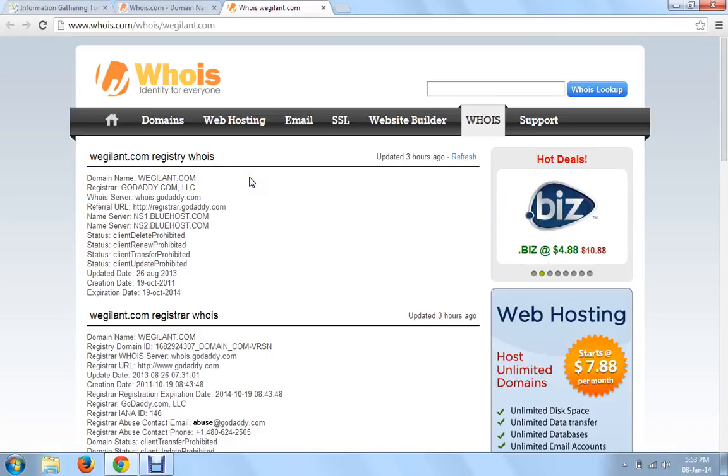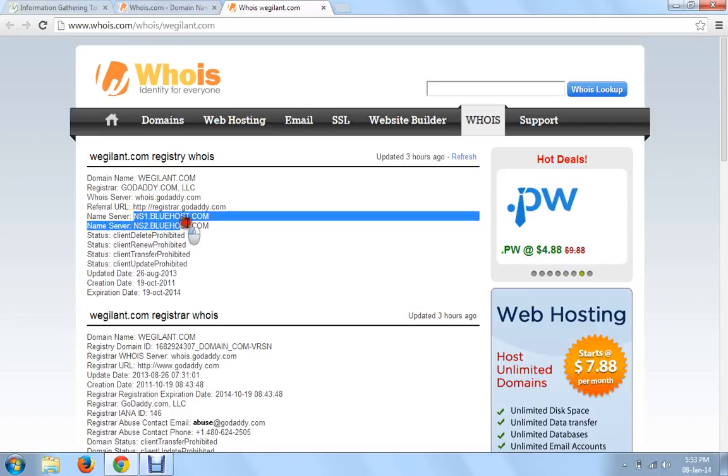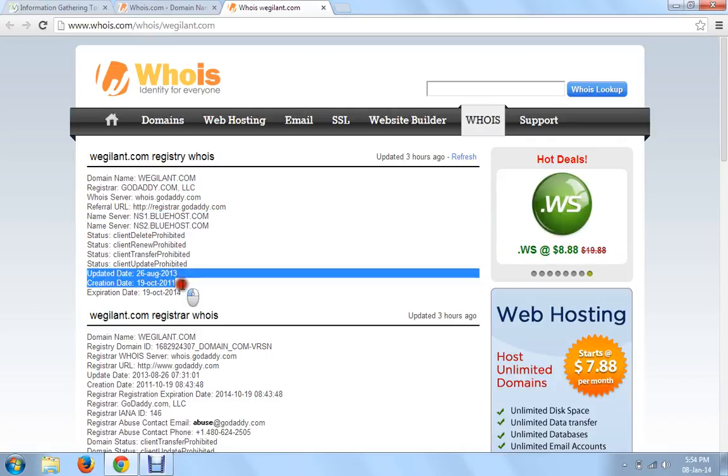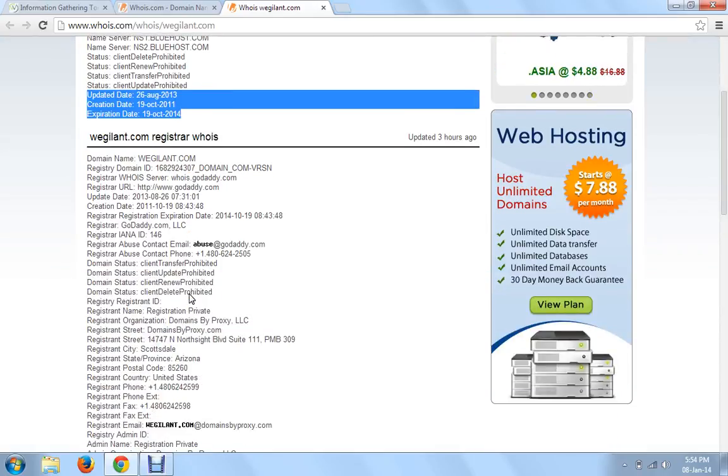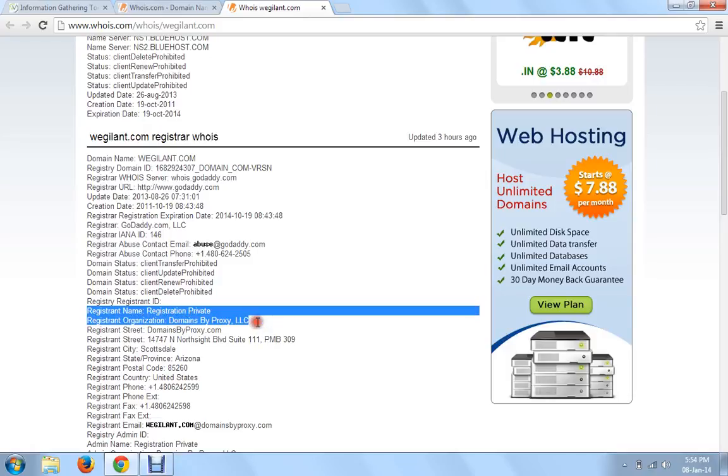This whois tool gives me all possible information about our target. Starting with the domain name vigilant.com, the registrar who has provided us our website, who has given us the permission to host our website on the internet. Then the servers, bluehost.com. Then we have the creation, updation, and expiry date details. And not just that, we have the registrar who has registered it. And we have kept it actually private. Our boss has kept it private, and